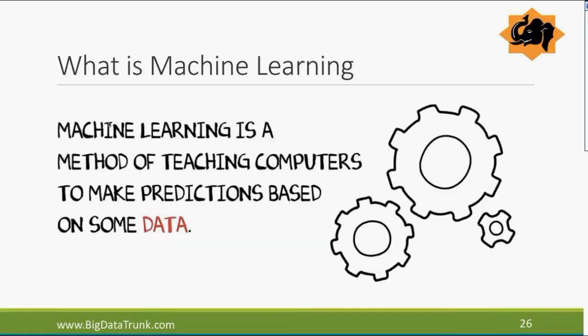This is the official kind of definition. Machine learning is the method of teaching computers to make predictions from some data. You folks covered that in some form or shape. So people who have spoken already, please mute yourself back. That will be helpful. So that's in general, but I don't like this kind of definition. They're very boring, they're very wordy, and they don't give really the push which we need.